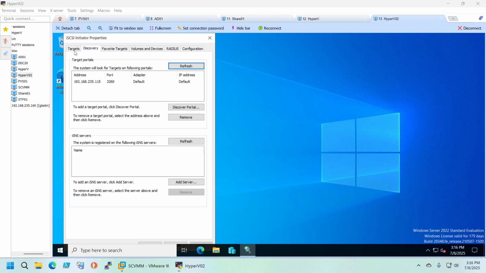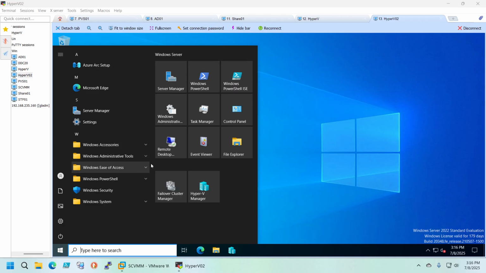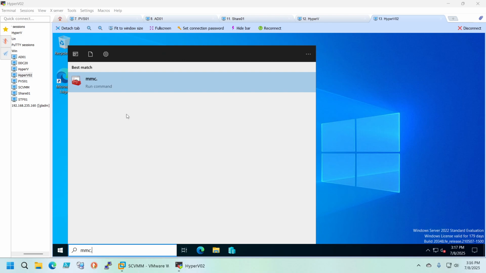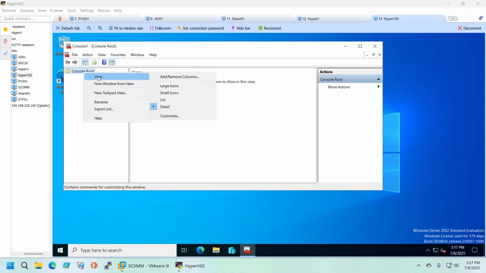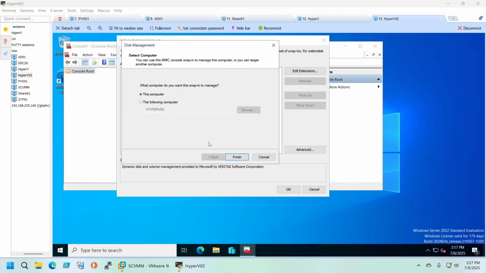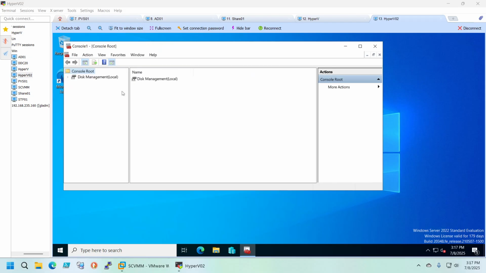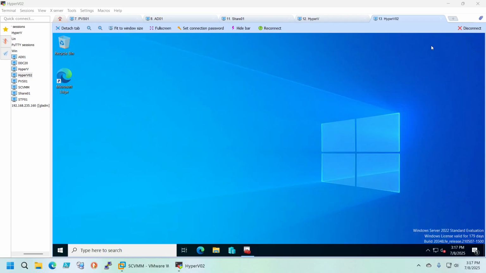Why does it look, take it? Wait. Let me also add it, or not. Let me just see it in MMC. Because here I don't need to re-add it, because we formatted it on the other one. What is it? Disk. Okay, finish. Okay, just want to see that it's visible. Yeah, okay, perfect. Yeah, we leave it like this because we want